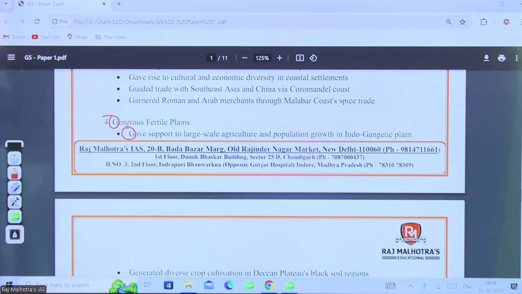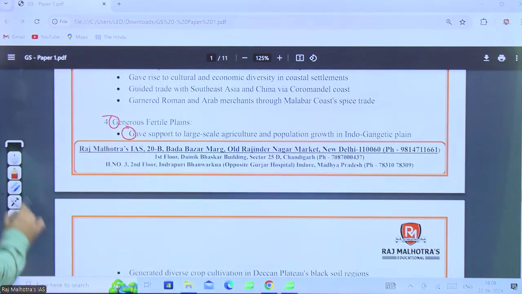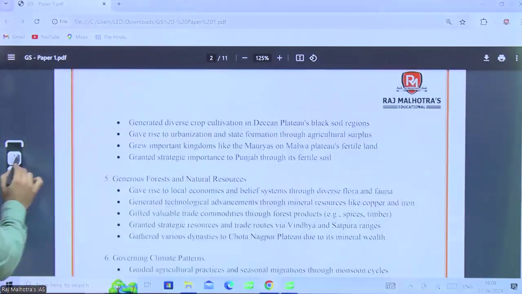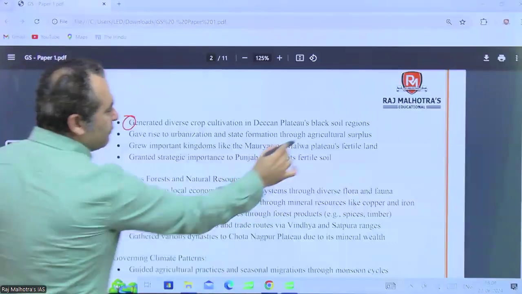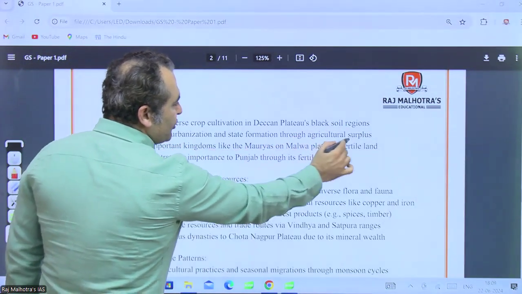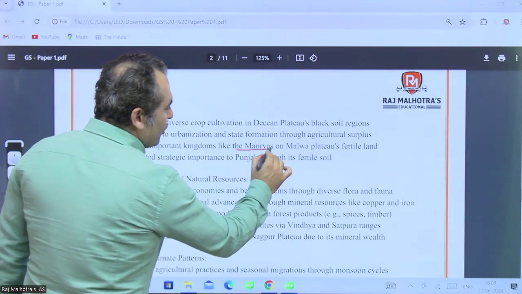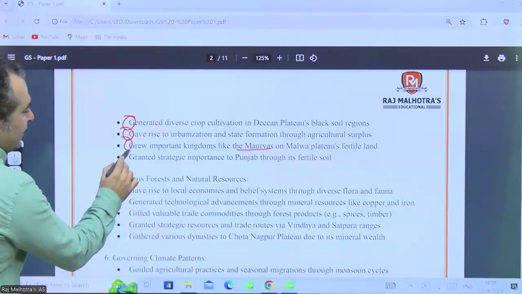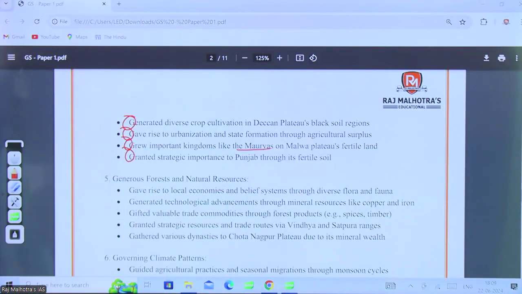fertile plains gave support to large-scale agriculture and population growth in Indo-Gangetic plains, generated diverse crop cultivation in Deccan Plateau's black soil regions, gave rise to urbanization and state formation through agricultural surplus, grew important kingdoms like the Mauryas on Malwa Plateau's fertile land, granted strategic importance to Punjab through its fertile soil,